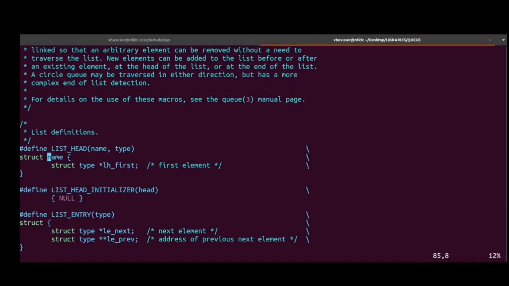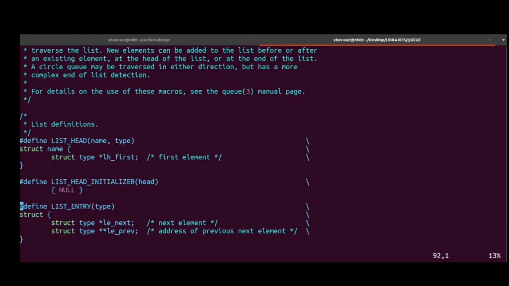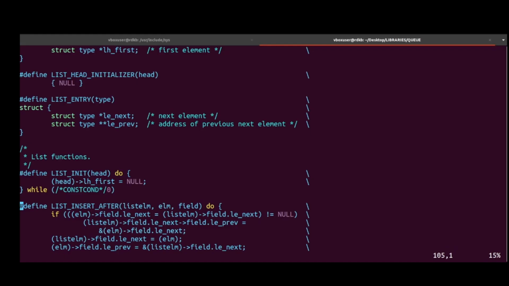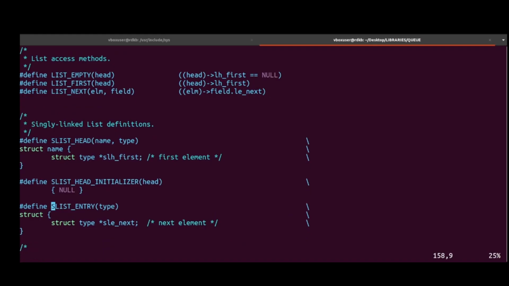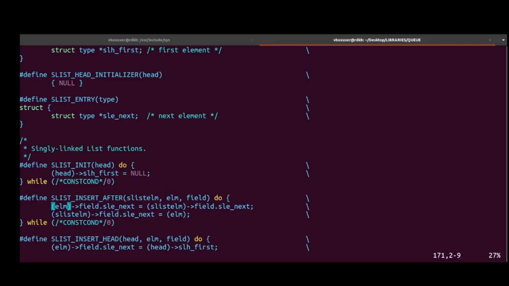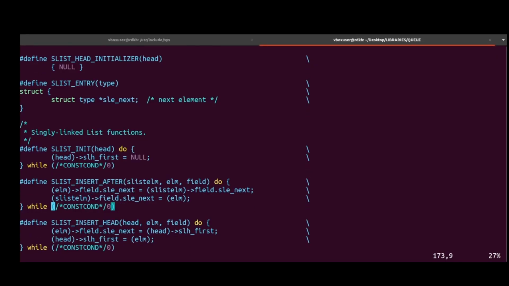Okay, so this is a macro. And next we have list head initialization, list entry, and various other functions. If you see here, list init. For a single linked list, we have SLIST head, SLIST entry, and other things. I'm not going deep into this API, so better